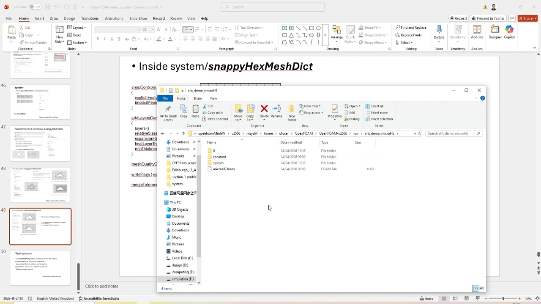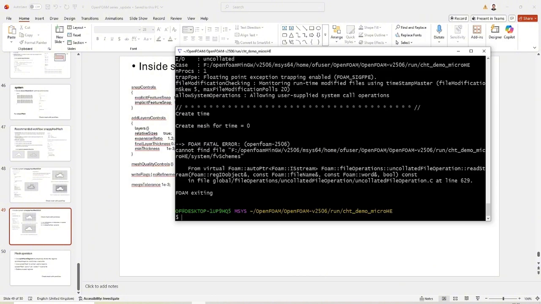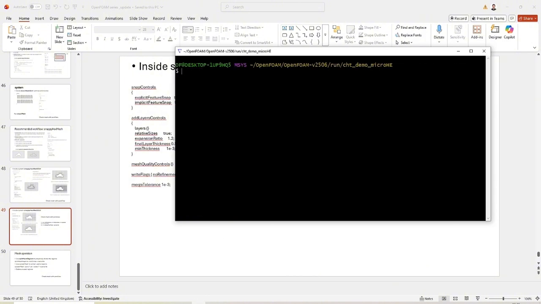And another thing is I just need to build a zero folder. So why? Because when I build the zero folder, OpenFOAM will try to build new things into the system folder for our meshing. So I'll try to do that, and then I can run the snappyHexMesh now. So I will clear